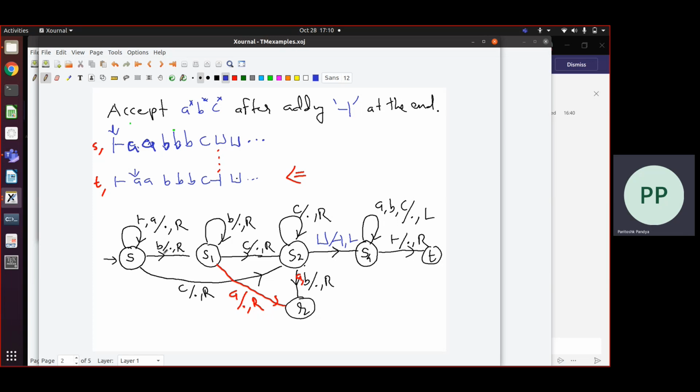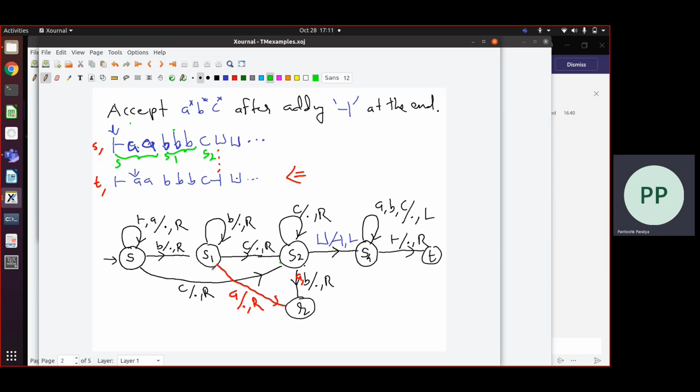When it reads a B under the head, it does not change the B, it moves one step to the right, but it changes the state to S1. So in S1, you should see a sequence of B's. While you are in S1, you skip over all the B's, leaving them as they are, moving one step to the right. If I draw in green, while you were in this part, you skipped over these symbols being in state S. Once you came to this B, you changed the state to S1. And then you skipped all the B's while staying in S1, till you found a C. On reading that C, you change your state to S2. This is what it does, right?